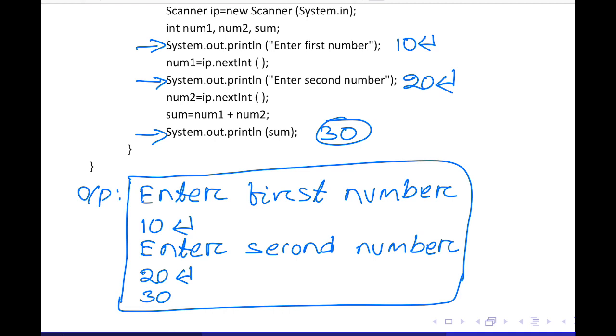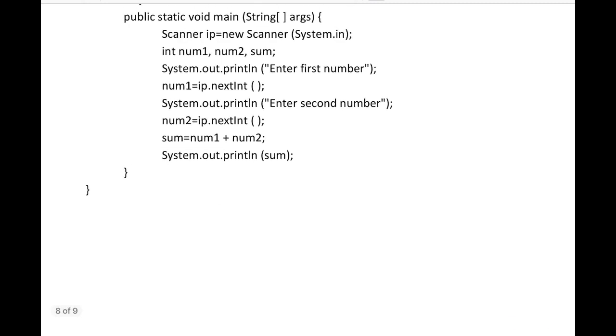So we can update this program to display the multiplication of two numbers. For that we can just replace this plus or addition operator with the multiplication operator. So instead of this statement, we write sum equal to num1 multiplication num2.